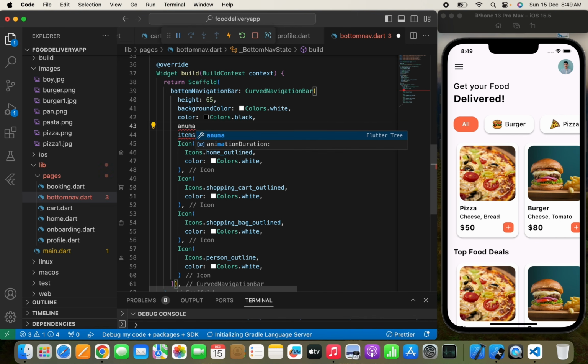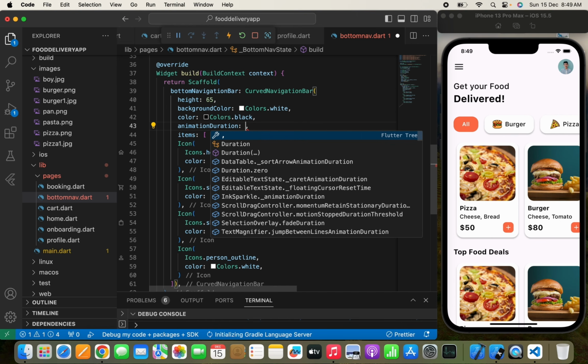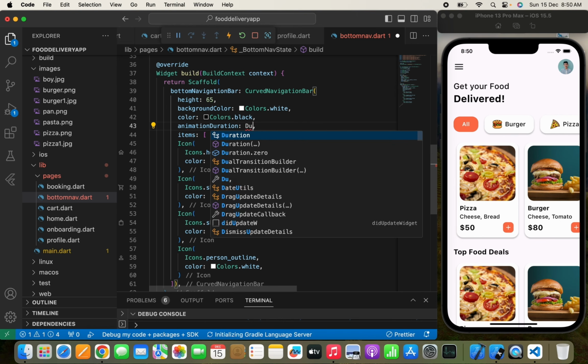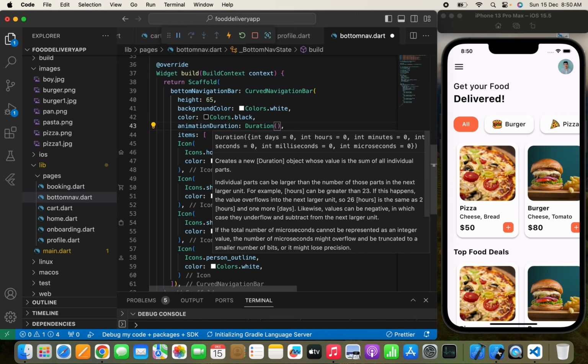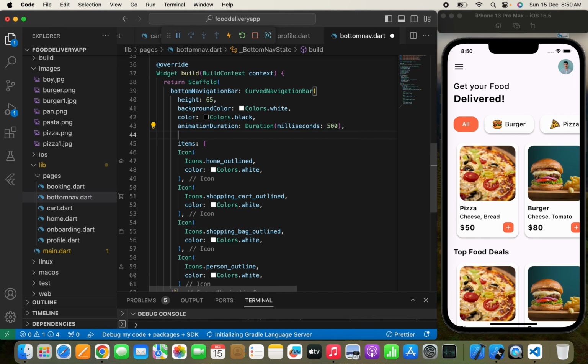Now we can pass the animation duration. The animation duration is something like this: when the user taps the home icon and then taps another icon, how much time should it take for the home icon to shift to the other icon. So this is the animation duration, and you can pass the duration in milliseconds, and we'll pass 500 milliseconds. Yeah, now in the onTap,